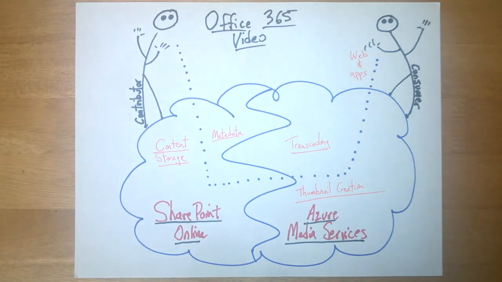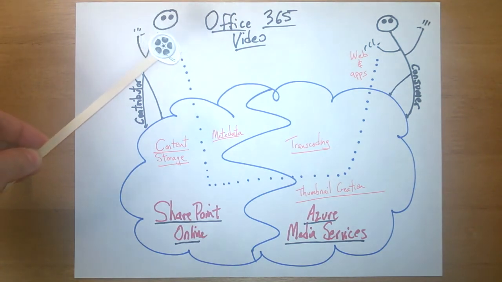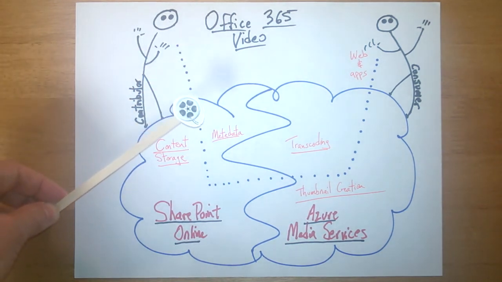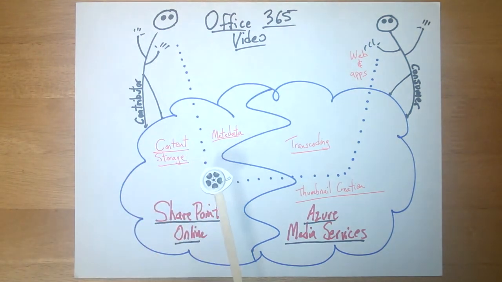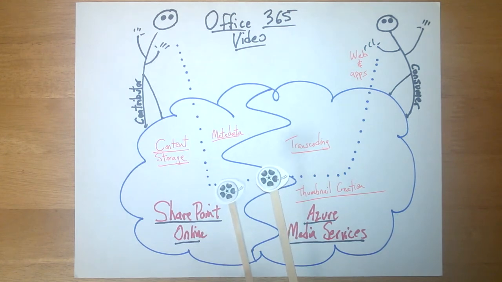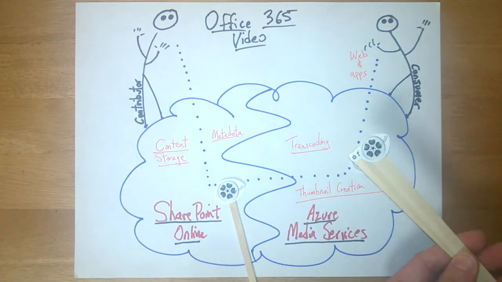So I'm going to start here with our contributor, and the first thing that they're going to do is take their video file and upload it into the Office 365 user interface, which is putting that file into SharePoint Online. We're going to store that original copy in SharePoint Online, and then we're going to send a copy over to Azure Media Services to be transcoded into a bunch of different file formats